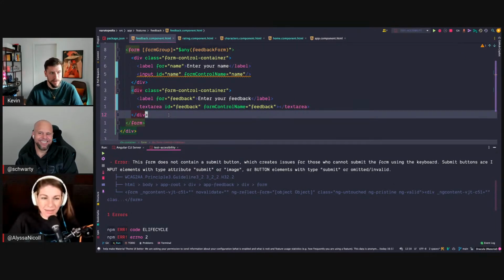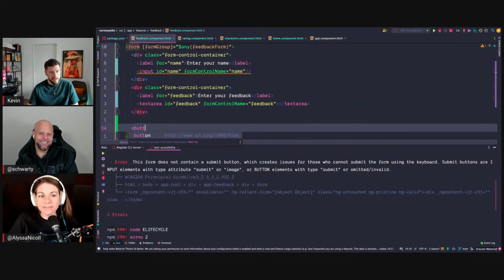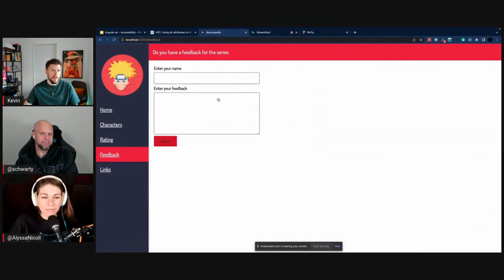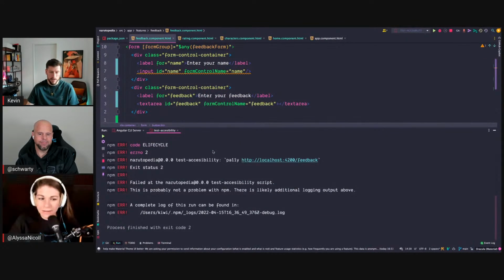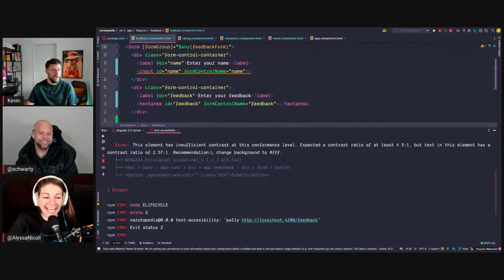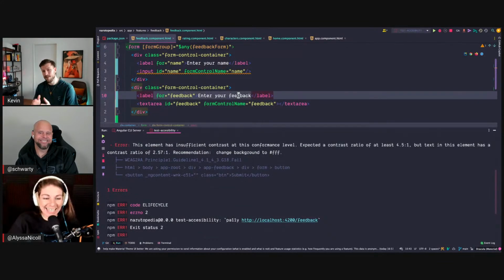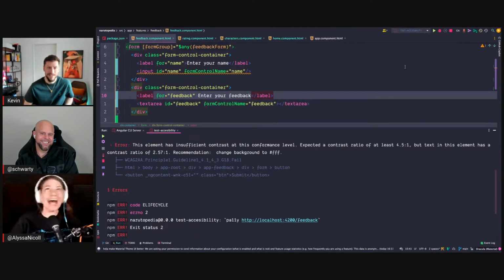There's no submit button. So what we can do is add a button, and we give it a class button, and we call it submit. So we should have made this accessible. Not yet. So we still have one issue, and that issue is pretty interesting because it kind of is also an issue for me myself. So if I fix this, I will be pretty happy. So I'm so excited that it found that. I was wondering if it would. What? Yeah, it does. That's pretty cool.